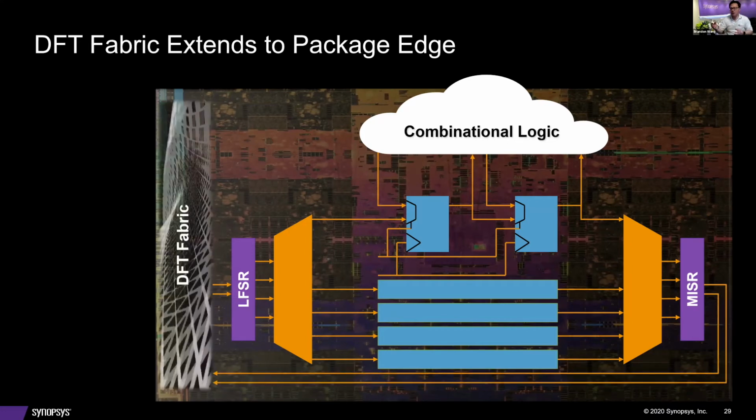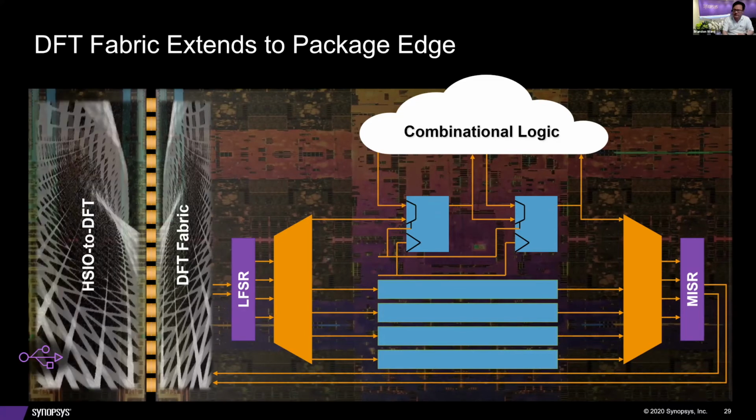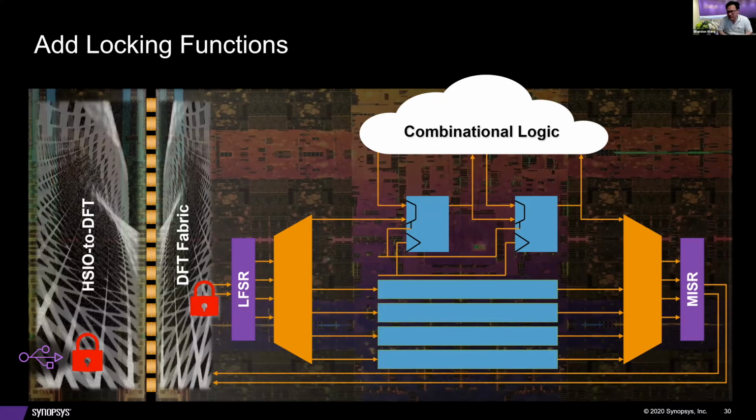So now, because your core needs to connect into the DFT fabric, which flows core to core, die to die, and finally comes out to a global access point, such as here, a high bandwidth access point to the testers. And that gives full access for the entire spectrum of threats. And the bad actors outside of your chip have a chance to get into all the secrets inside your package. So more protection is really needed.